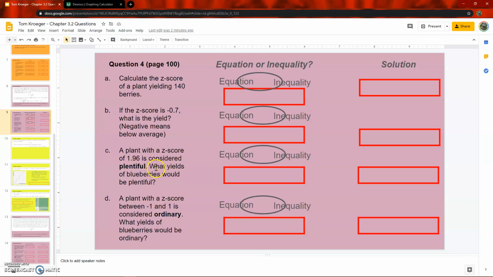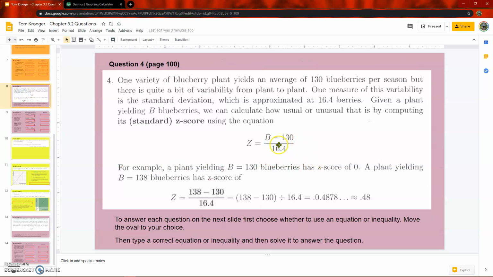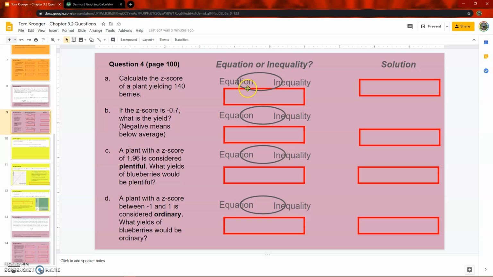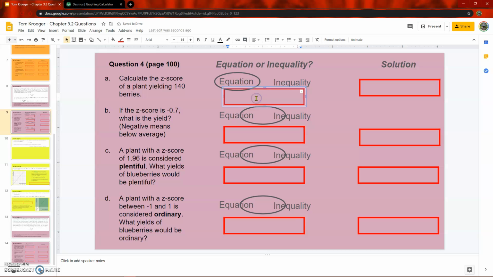And we need to decide, do we have an equality, an equation, or do we have an inequality, where we might have more than one answer, or a minimum amount of some sort. All right, so we're going to take the z-score of a plant yielding 140 berries. So again, we go back to the equation. We're going to take 140 berries, subtract 130, divide by 16.4. So that is an equation. We're going to move it over there. That is an equation, and we want to know the z-score for 140 berries